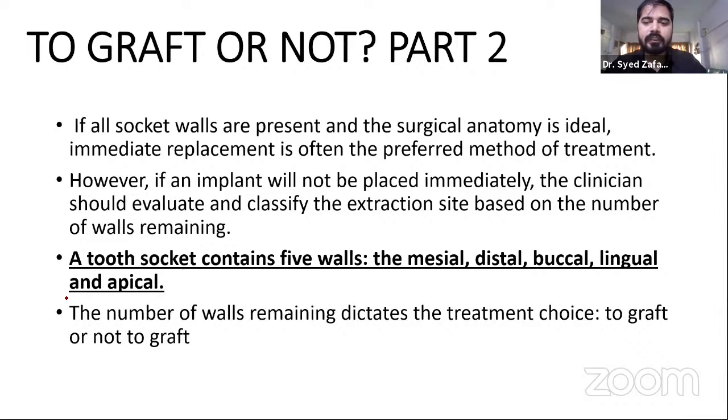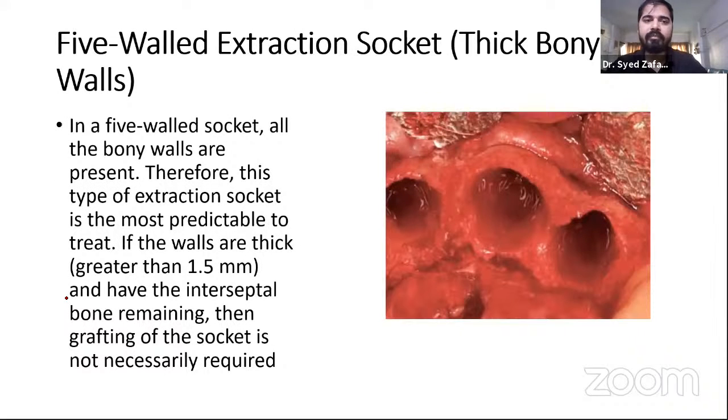Depending on how much the defect is, which wall is missing, and which wall is thin, we will plan the graft. If you see the socket like this and have all 5 walls preserved, buccal, lingual, mesial, distal, and apex, and you think all walls are intact,